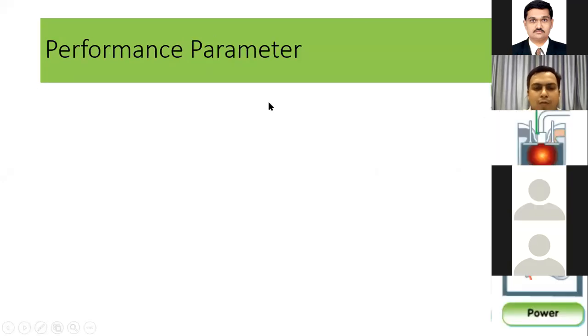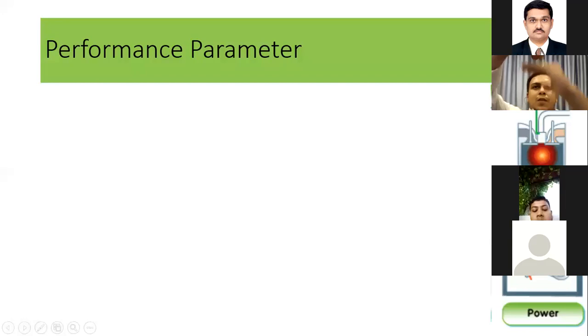What are the different performance parameters? But before that, here I'm showing you a figure of the power stroke. So what is happening in the power stroke? Suppose we have a petrol engine. In a petrol engine, we have a spark plug, and the piston reaches the top dead center. The spark happens, and the combustion of fuel takes place.